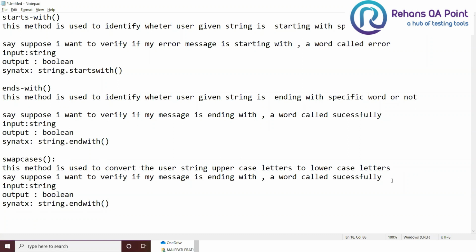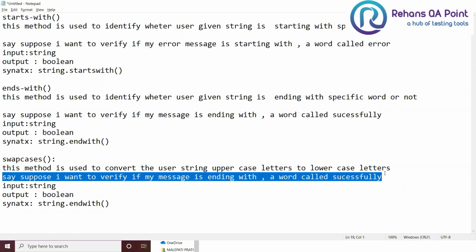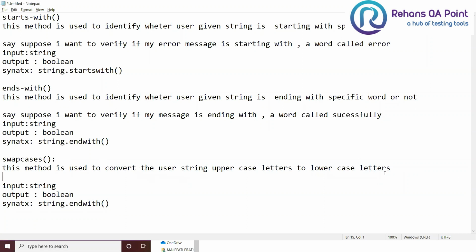If the string has both upper and lower, it will swap the cases. The input is a string and the output is also always a string. The method name is swapcase, and the syntax is string variable dot swapcase.